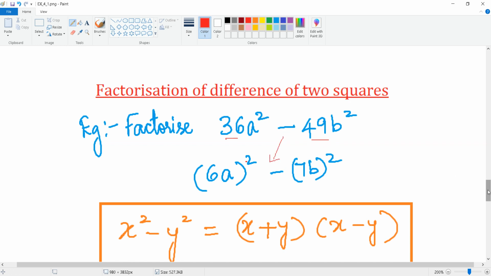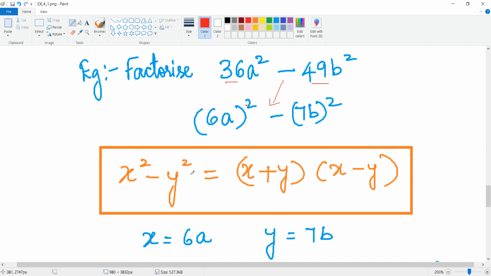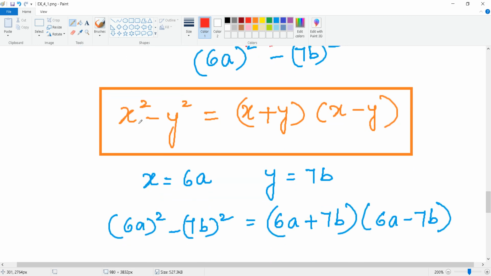Now this is of the form x square minus y square. We learned this identity in algebraic expressions, so you're supposed to memorize these identities. Please memorize, otherwise you won't be able to solve problems in future. The chapters are going to get more complicated and more formula and identity based, so you are supposed to memorize the identities given in algebraic expressions. Only then will you be able to follow the chapters in future. So x square minus y square is equal to x plus y, x minus y. This is the formula, one of the identities.